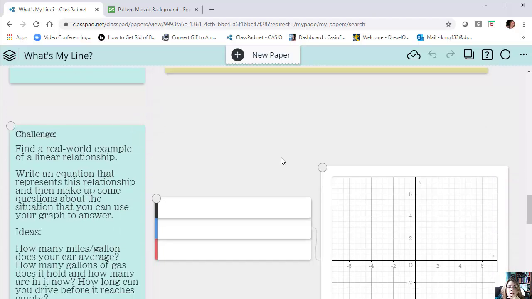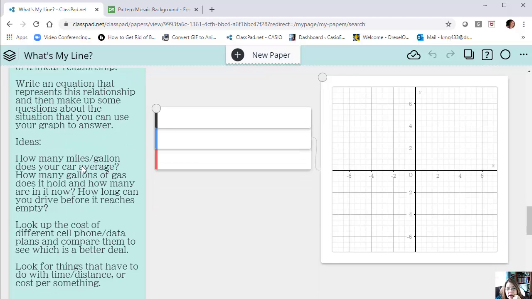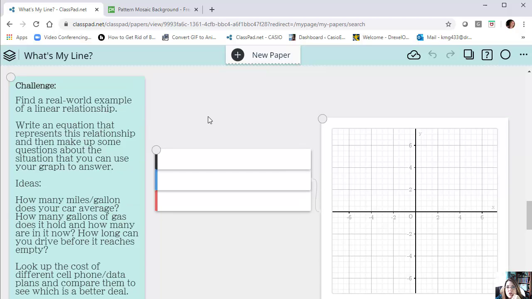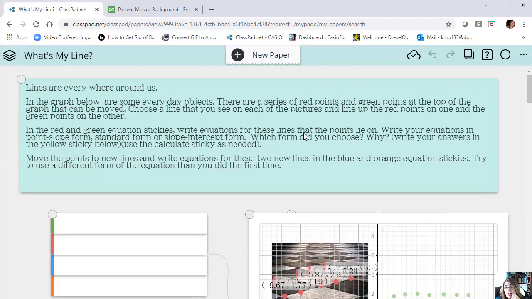And then the last thing is, so you've had some experience with some real world applications. Go find something in your own life that you could write a linear equation about. I've given them some ideas, but it's really kind of, do they understand that a linear relationship is this constant rate plus an additional amount, like the cost of pizza, it's $9.95 for a medium plus $1.25 for each topping. So that might be a linear relationship they might explore. So this is just a challenge for them to go out into their own world and try and find something that they could then graph and talk about. So this is just for them to explore, have fun using it.